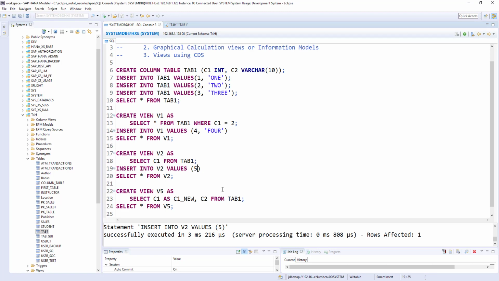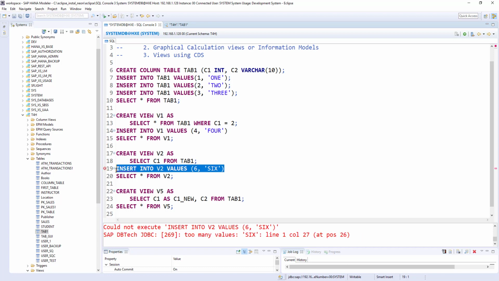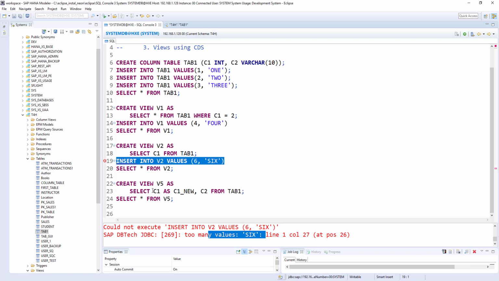If I try to put another two fields, then let's see. So too many values, because my view know only one field, which is c1. So if I give one more value, then it will not understand. Okay, this is same. So instead of creating another one, it's okay.